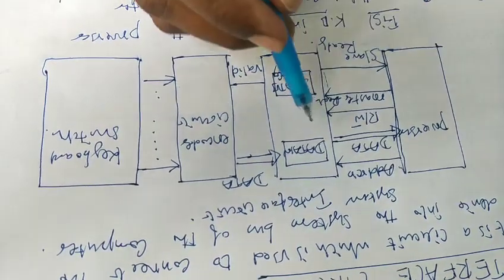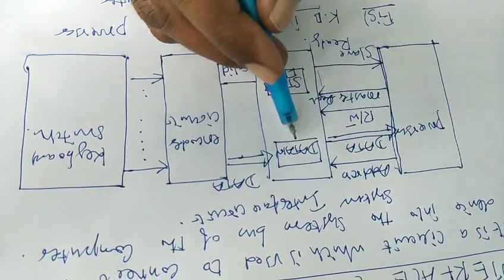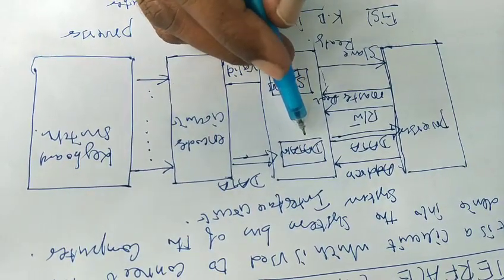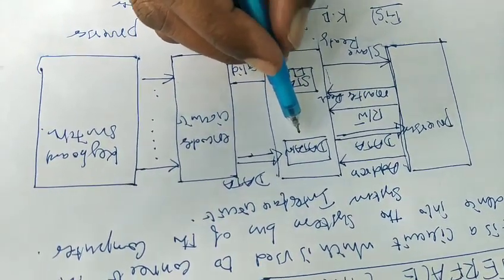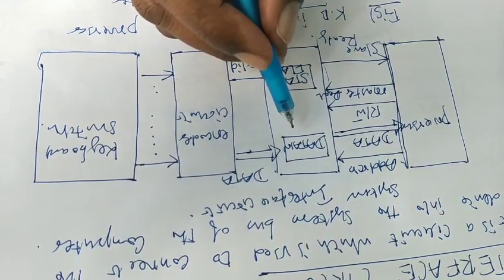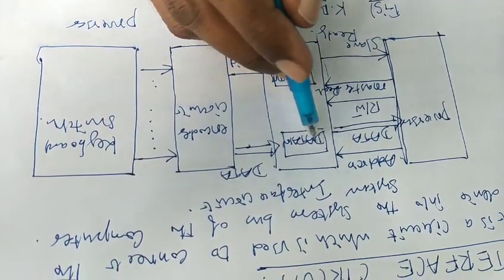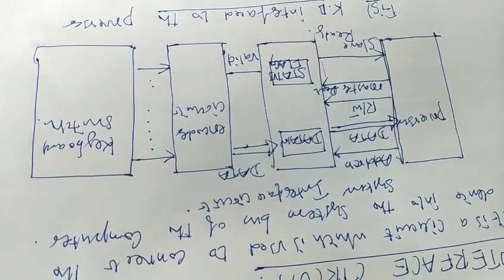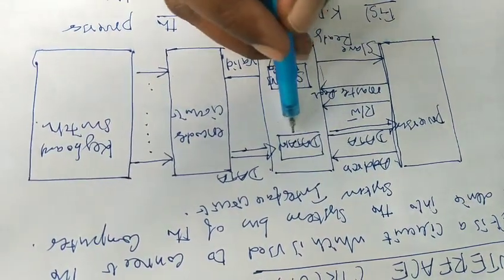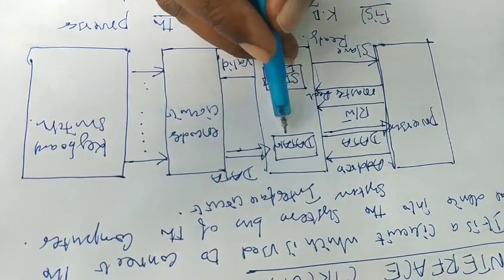The main two components of the interface circuit are, first, the data-in buffer. It is a buffer which can store a word of data at a time. The word size varies based on the system architecture. Previously the word size was 8-bit, later 16-bit, 32-bit, and nowadays we are using 64-bit and 128-bit architectures. So a word is a sequence of bits of a particular size. If it is a 32-bit architecture, the word size is 32 bits, and the data buffer can store 32 bits of data.